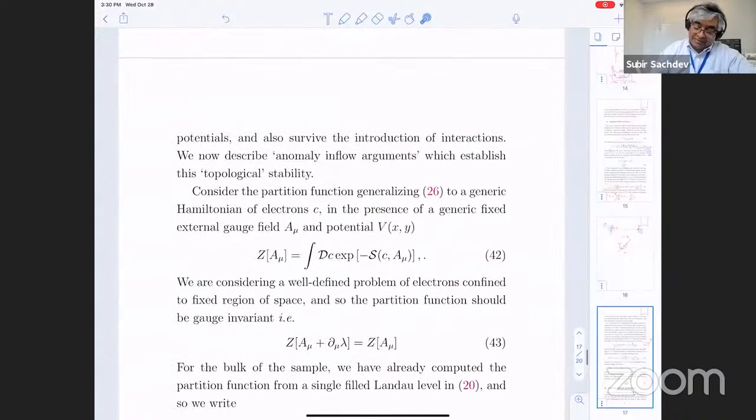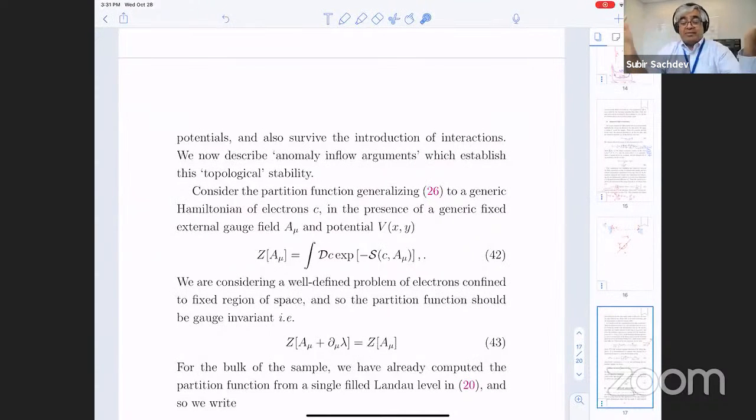All right, so we're going to present what are called anomaly inflow arguments, which really emphasize the topological nature of these edge states. The way these arguments go is really by trying to understand gauge invariance with respect to the external perturbations, the voltages and the magnetic field that you apply, the physical perturbations, in a very careful manner. So here the perspective is that